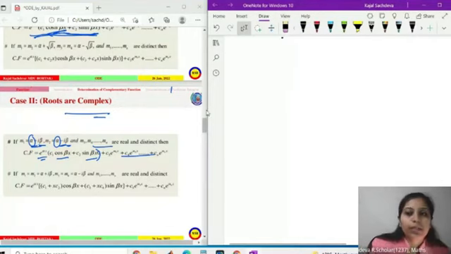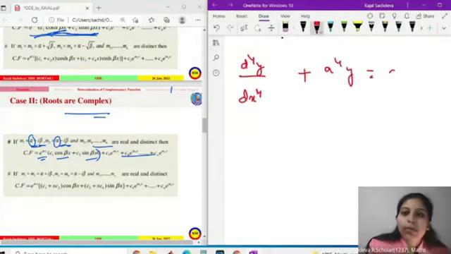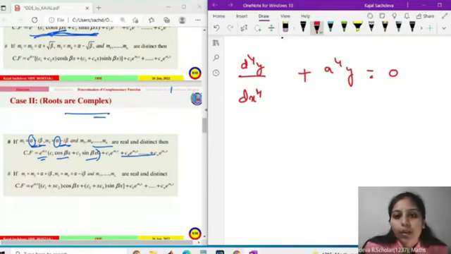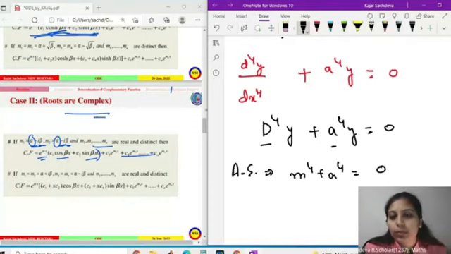So we have an example d⁴y/dx⁴ + a⁴y = 0. Writing first in symbolic form, we get (D⁴ + a⁴)y = 0. When we take y common, we get the auxiliary equation by just replacing D by m: m⁴ + a⁴ = 0. For finding the roots of this type of equation, we can write this equation in the form